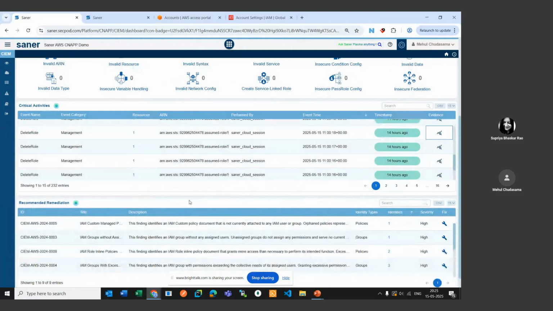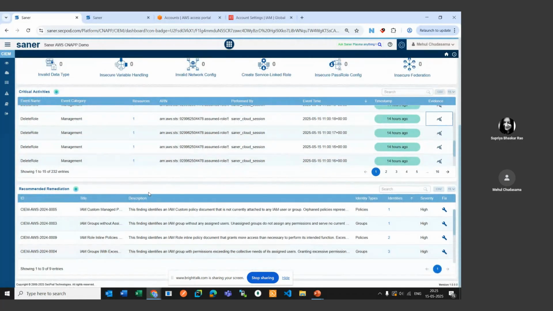You can also see the recommended remediation, which is provided as part of our CSRM module. You can select any of these particular rules which is identified. For example, this finding identifies an IAM custom policy document that is not currently attached to any IAM user or group.